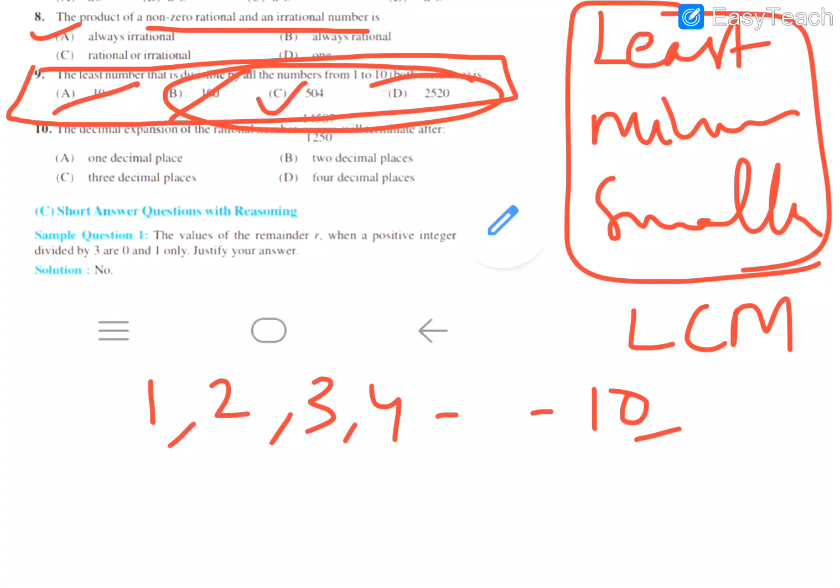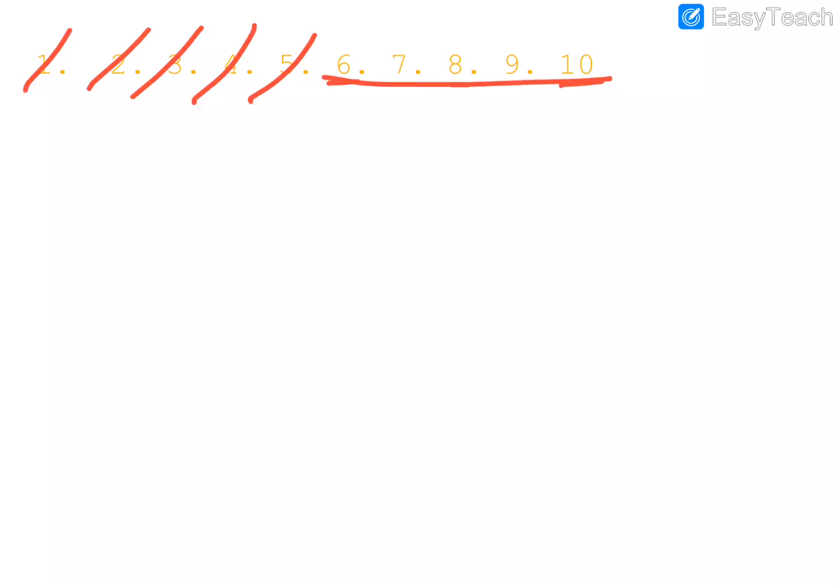Okay. Now here there is another technique that also we'll see once. Here what are the numbers? So here the technique is, 1 टेबल में सभी नंबर्स आते हैं तो 1 को हम कैंसिल कर देंगे. 2 टेबल में 10 आता है, किसी का मल्टीपल है तो इसको छोड़ सकते हैं. एंड 3 का मल्टीपल इधर 6 है, इसीलिए 3 को कट कर सकते हैं. 4 टेबल का नंबर 8 है, इसीलिए 4 कट कर सकते हैं. 5 टेबल में 10 आता है, इसलिए 5 कट कर सकते हैं. And is there any number that we are still left out with which is a multiple of others? No. Now we have to find out LCM of these numbers.